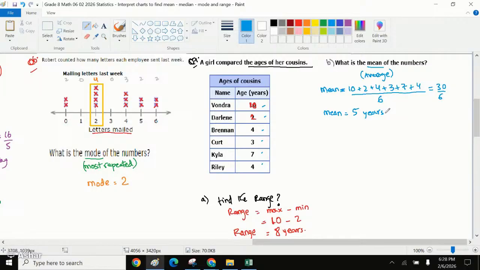We found the range, but in this case, if I would say mean, median, okay, let's do the median. Can we write the numbers? 10, 2, 4, 3, 7, 4. These were the ages. In part C, we need to find the median. Median is the middle value, and we need to arrange in ascending order. So let's arrange them in ascending order. The term ascending order means from